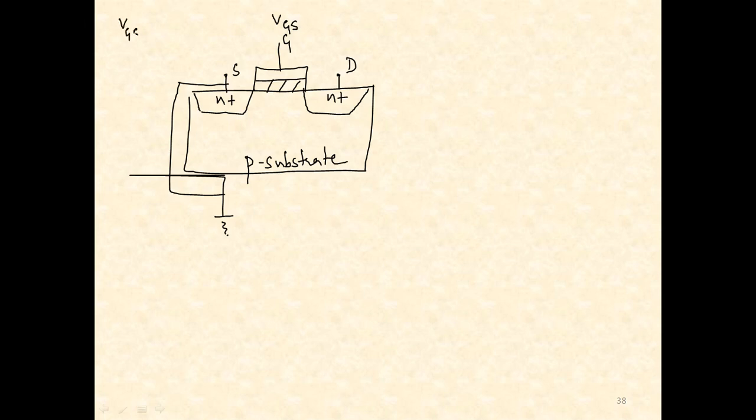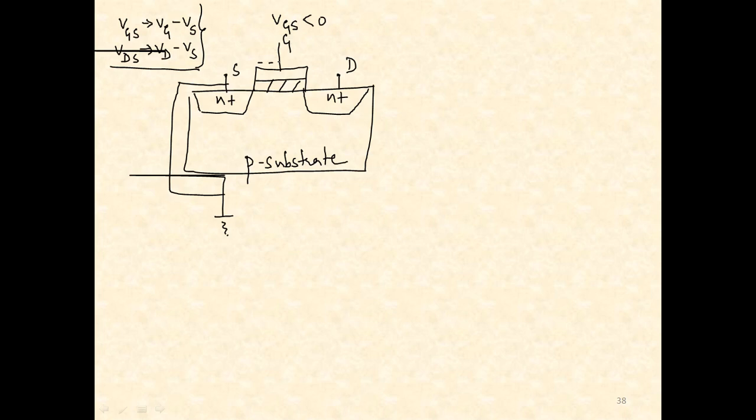Just a point. What do you mean by VGS? See, VGS is the voltage difference between gate terminal and the source. So it can also be written as VG minus VS. Similarly, VDS can be written as VD minus VS. Both of them mean the same thing, students. Now when VGS is lesser than 0, what may happen?